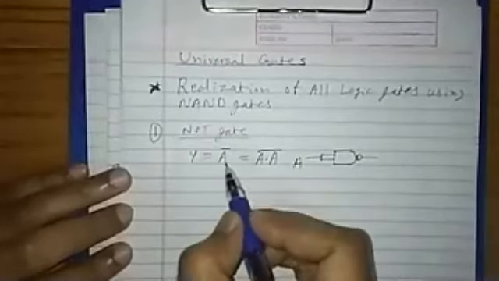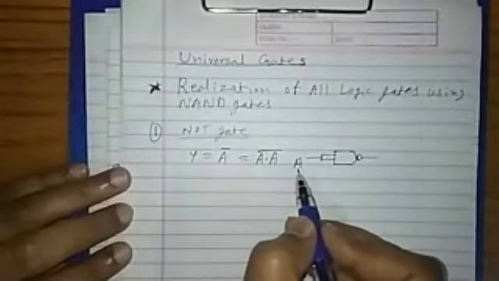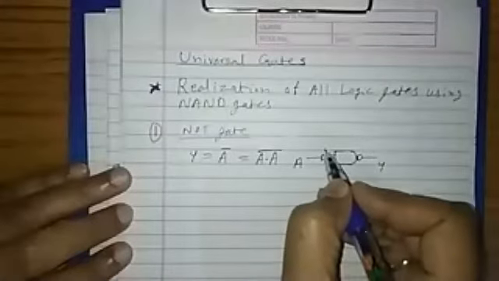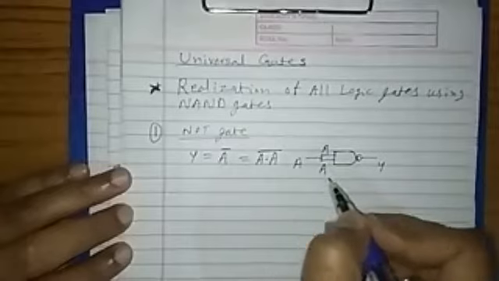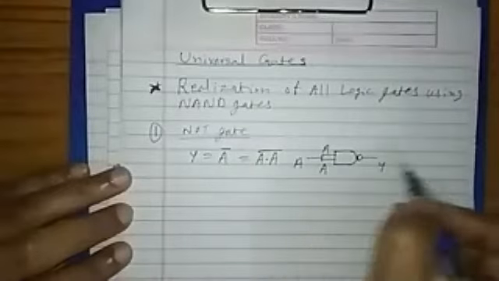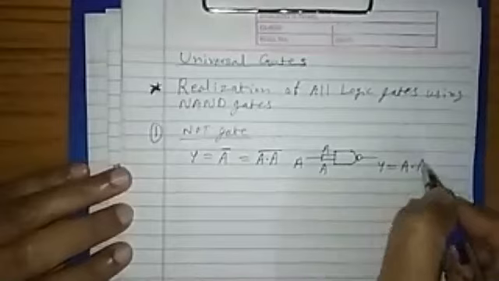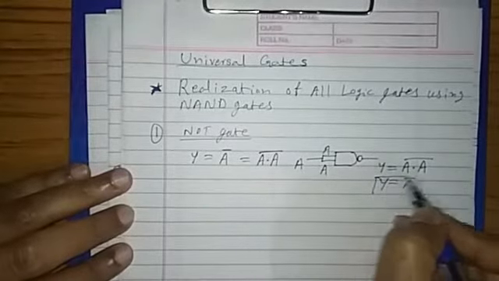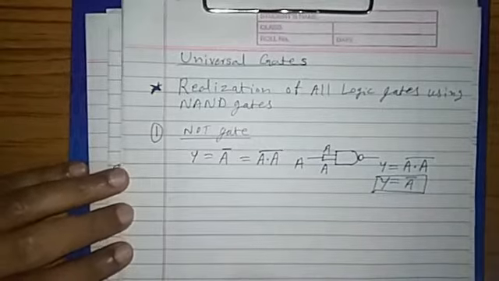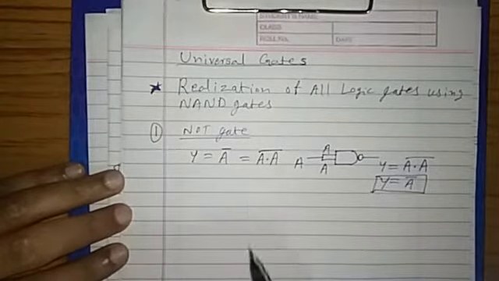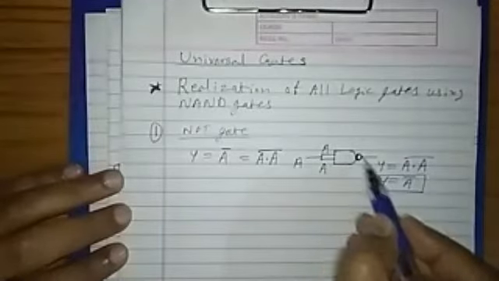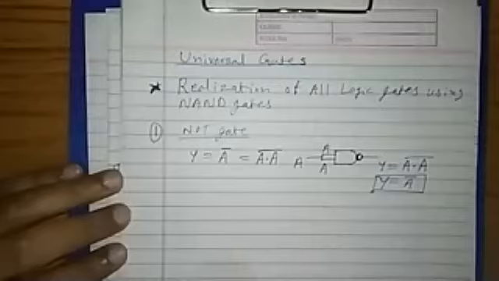And NOT gate has a single input and single output. The same way, A is the input, Y is output. And NAND gate, if I use, I need to connect or short both the inputs so that both will become A input, and here I will get it as (A dot A) whole bar, nothing but A bar. This is how NOT gate is implemented using NAND. Understood? You should remember how to implement NOT gate, because this NOT gate or complement, we are using further. All other implementations we use NOT gate every time wherever required.